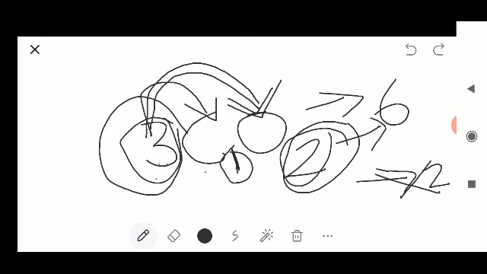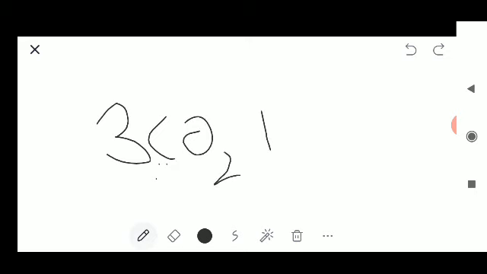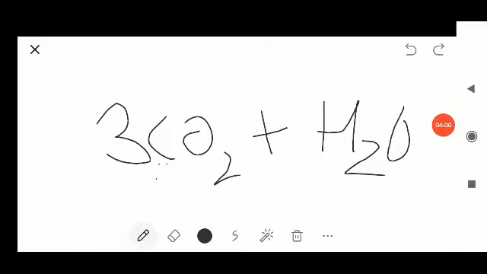If you know up to here, then I think it is very simple to balance an unbalanced chemical equation. Okay, now the last example I give you: 3CO2 plus H2O. So now guess how many oxygen atoms we have here. Not only in carbon dioxide, but in water also, you should guess the total number of oxygen atoms we have. If your answer was 7 oxygen atoms, then it is correct.